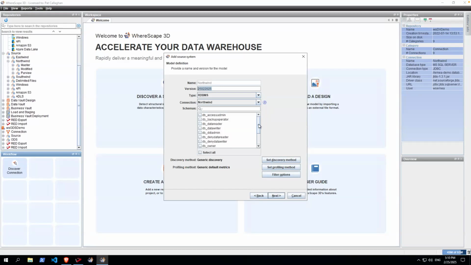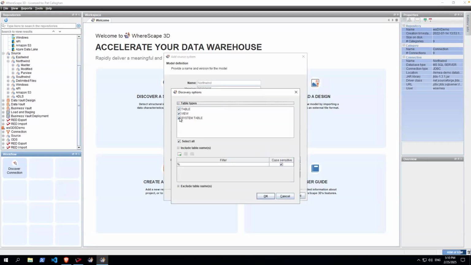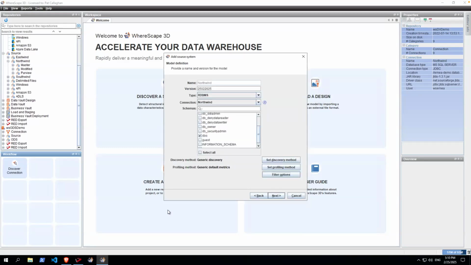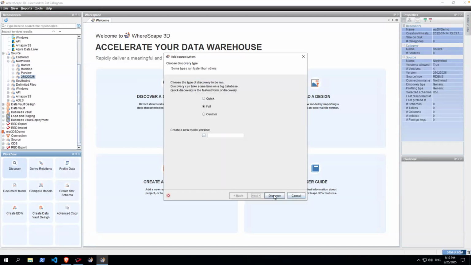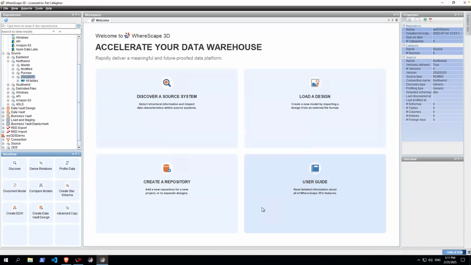Then I can choose between the different schemas. Then I can set things like filters. For example, on table types, I may not be interested in system tables or views. Then I can set filters based on names to include or exclude tables. I'm going to leave everything else as default, and I'm going to run what we call the discovery method. This discovery method is a series of SQL queries that run over the system tables to pick up the structure of my source. So think about my table names,